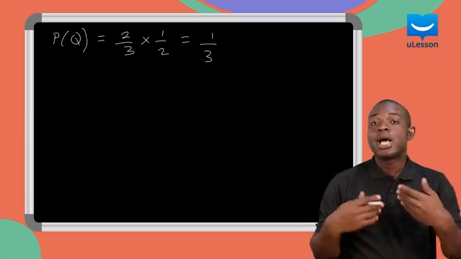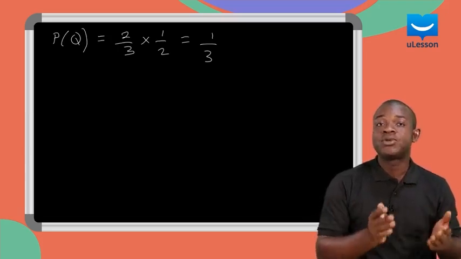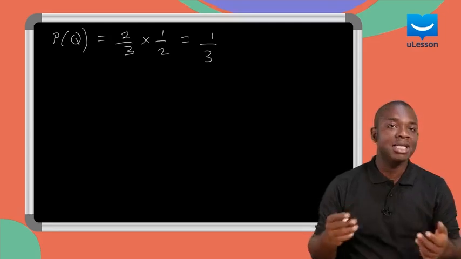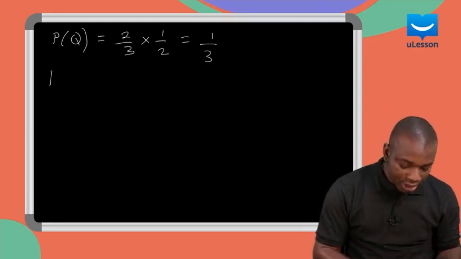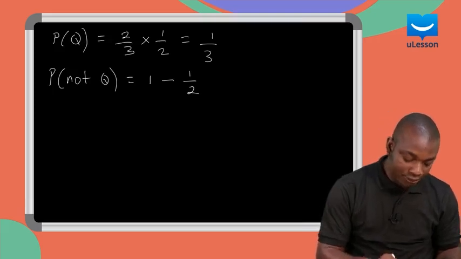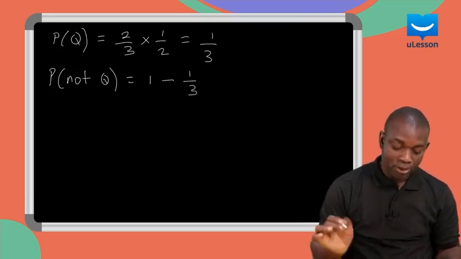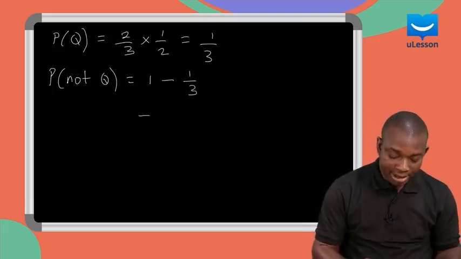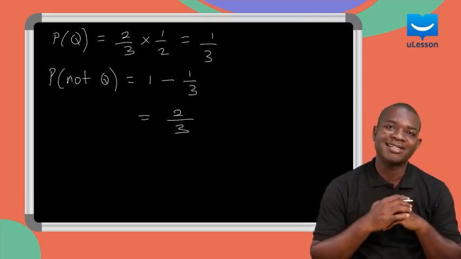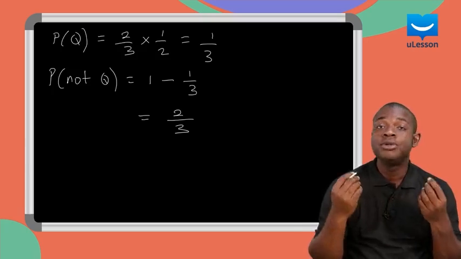But then, we are asked to find the probability that he fails to qualify. That is, we find the complement of the probability that he qualifies. So, the probability that he does not qualify will be gotten by subtracting the probability that he qualifies from 1. That is 1 minus 1 over 3. And this gives us 2 over 3 as our final answer. And this is how you solve